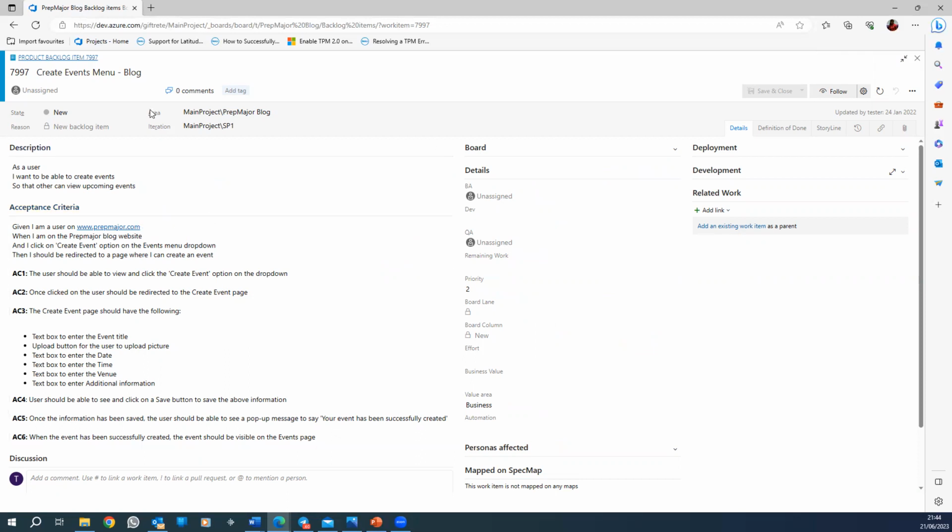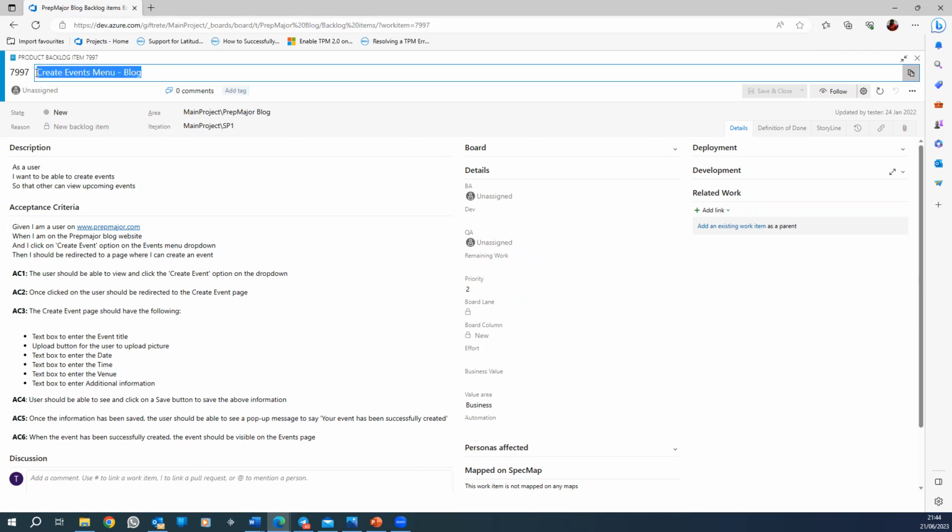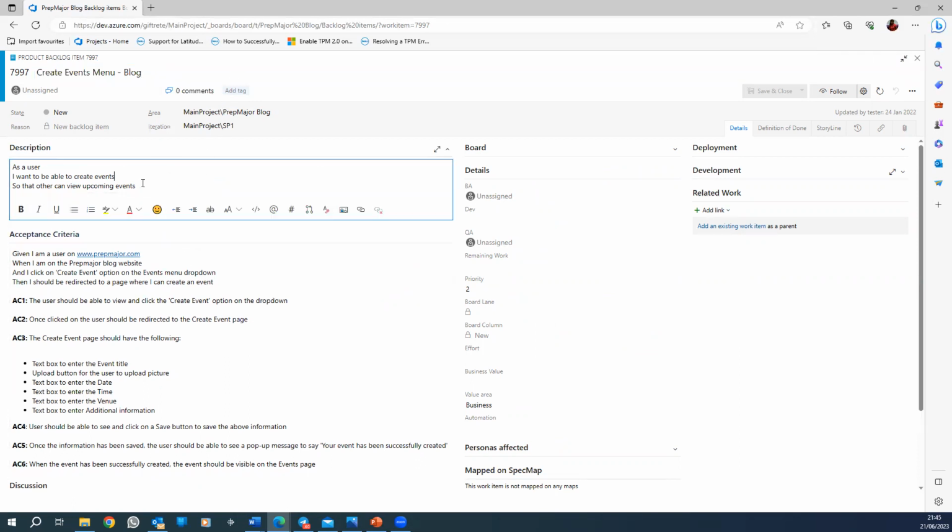So when you click on that, you have the title of the user story. In this case, it's create events menu blog. It might not really mean a lot to you just now, but that's the title. And then here you can see the user story: as a user. You can specify what kind of user, but we just kept it simple. As a user, I want to be able to create events so that